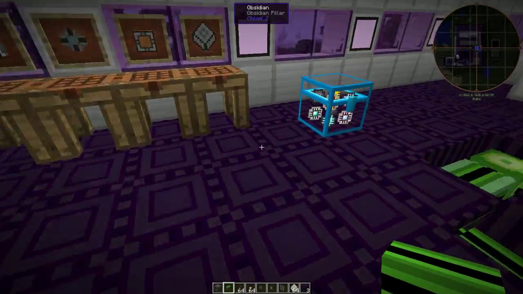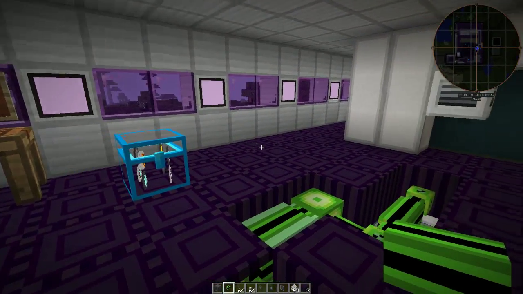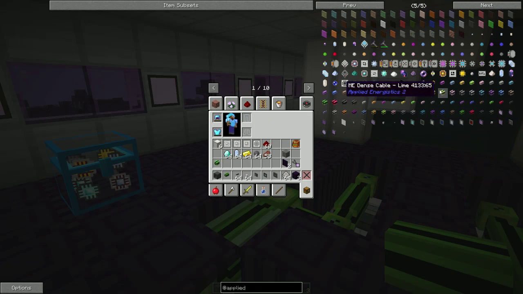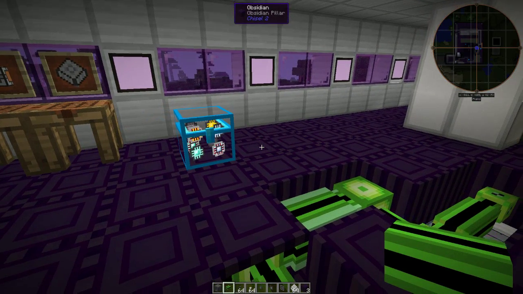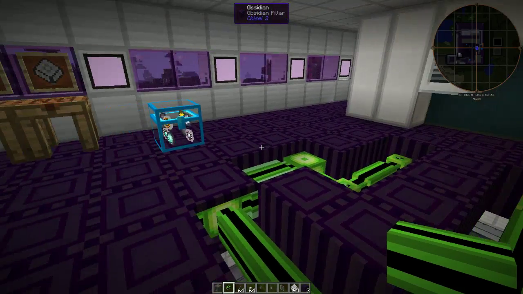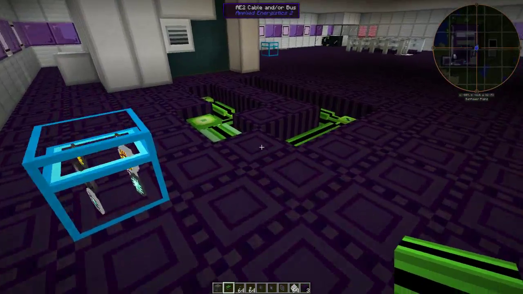Hi guys, welcome back to another episode of Minecraft Projects, and today we're going to be automating our logic processors and engineering processors for the NAE2 mod. So we're going to be using the AE2 mod to automate it. So I've laid some dense cable from the